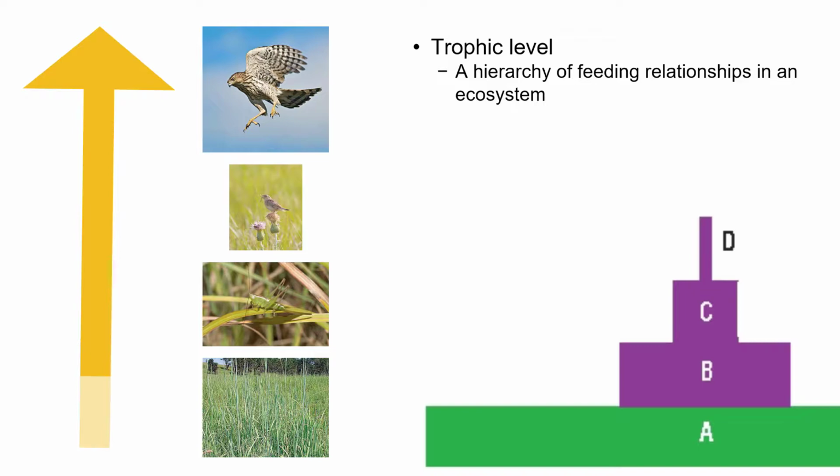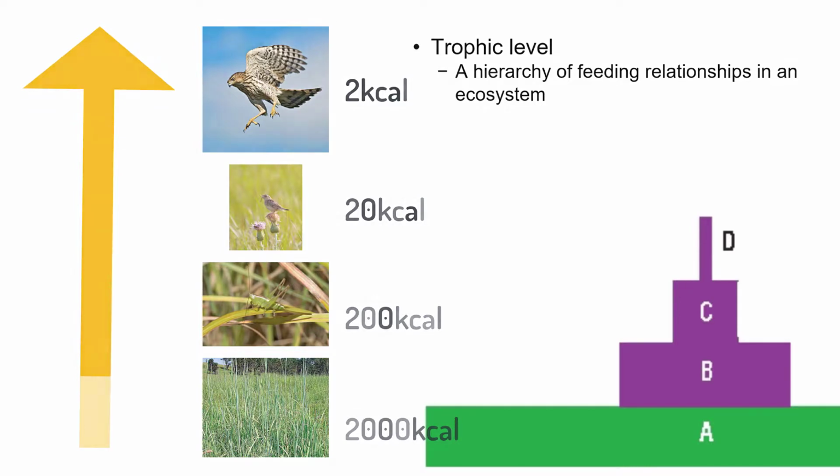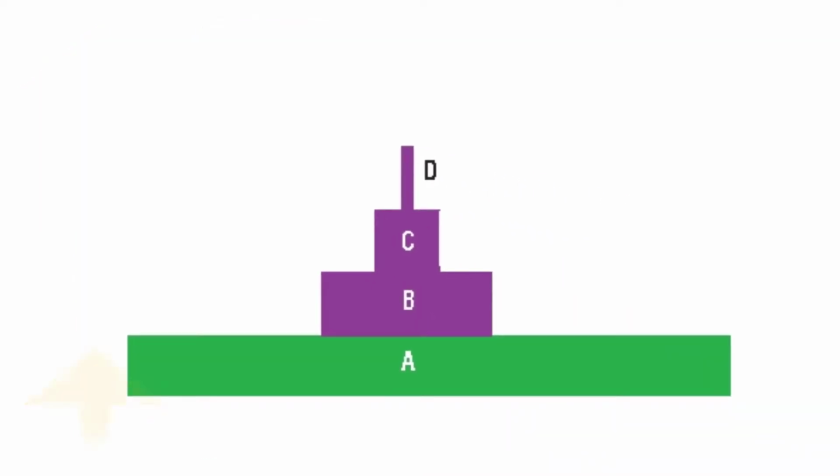Let's look at this example here. Say we have a base. One day it took in 2,000 kilocalories. Well, how many of those calories are going to make it into the next trophic level? 10% of 2,000 is 200. And it goes on like this until a small amount makes it into that upper tier consumer. And so that's what this pyramid represents, the amount of energy in each level and how much is actually transferred or makes it into the next as it's consumed.